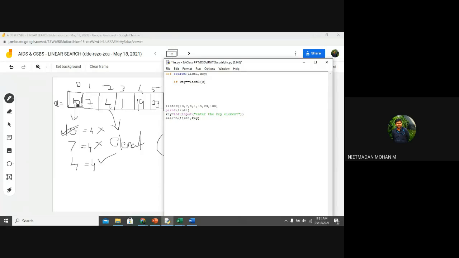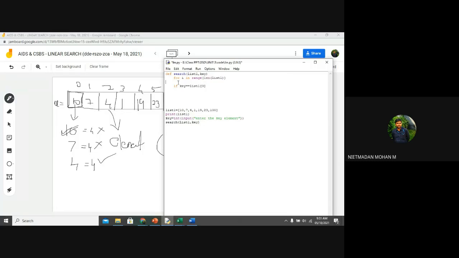Not only the first index value, I want to check all the elements. So for that I am using the for statement: for i in range length of list1. Am I right?